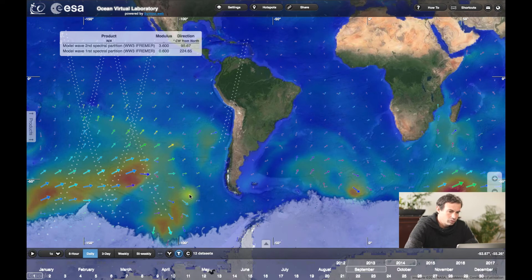the wave model significant wave height in color, where orange and red are the largest significant wave heights. And the arrows are the actual model direction and wavelengths of the dominant waves. And the small white dots that we see are the actual SAR observations in the so-called SAR wave mode, where